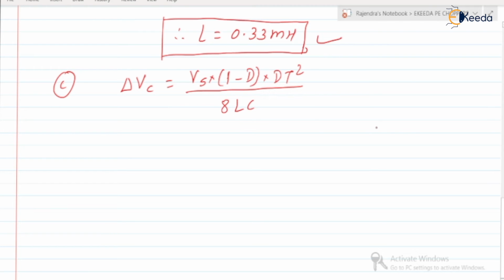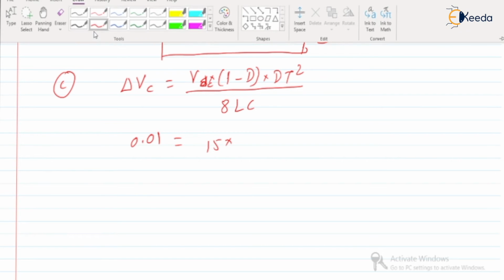Okay, so what is the delta Vc? It is given that the peak to peak output ripple voltage, the change in the load voltage or capacitor voltage, is 10 millivolt. So 10 milli is 0.01, equal to Vs. Instead of Vs we have the Vdc. What is the Vdc? 15 into